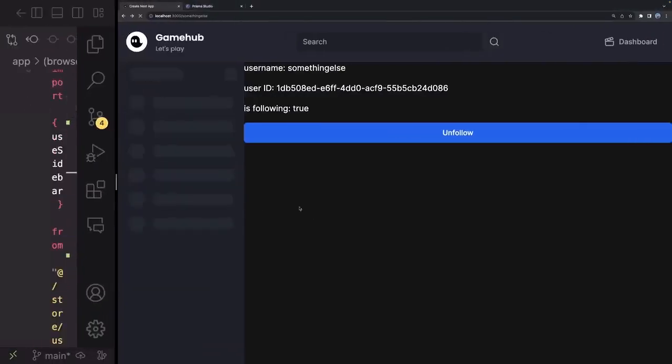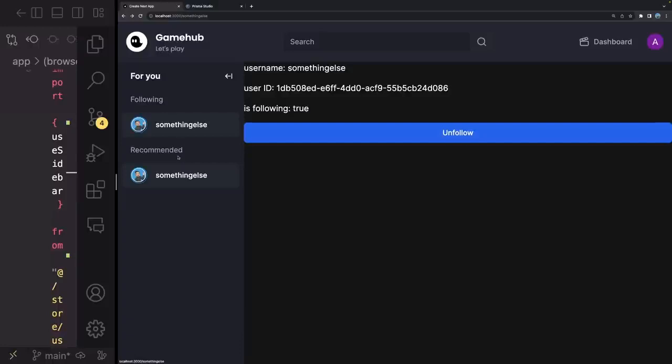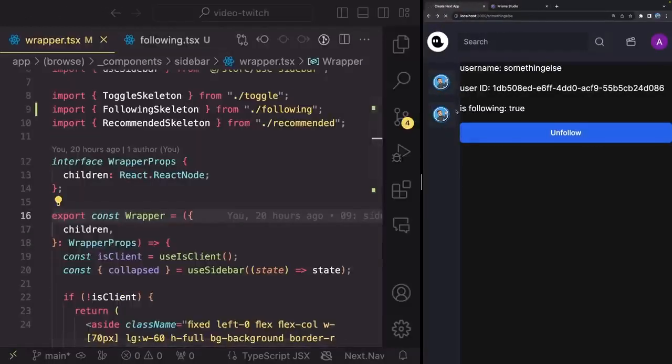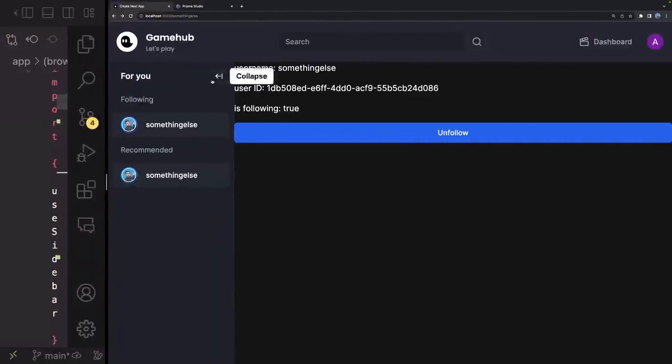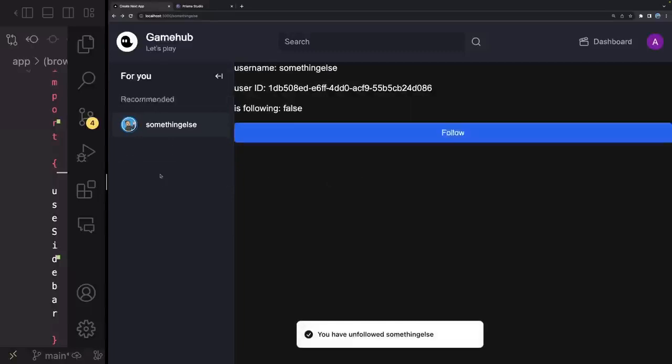So when we are loading here, there we go, you can see we have twice the amount of users that we had before because we're also loading the followed ones, and you can see that as well in the mobile mode, and we seem to not be having any hydration errors here. Exactly what we want. And now what I want to do is that when I follow a user, I want to remove them from the recommended list, the same way we're doing right now with the followed list